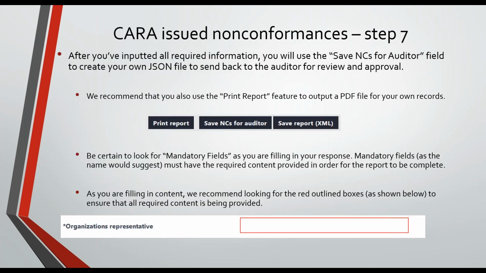Now, once you've provided the full response, you will use the Save NCs for Auditor field to create your own JSON and send it to the auditor for their review and approval. Now, we recommend that you also prepare a PDF using the Print Report button, as highlighted here, for your own